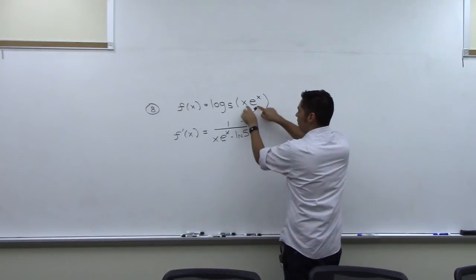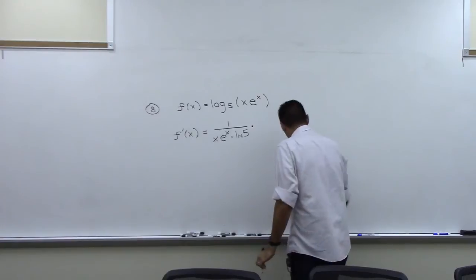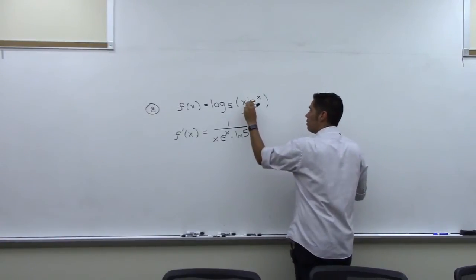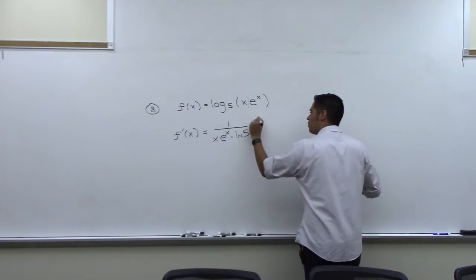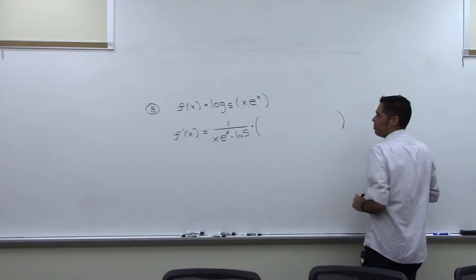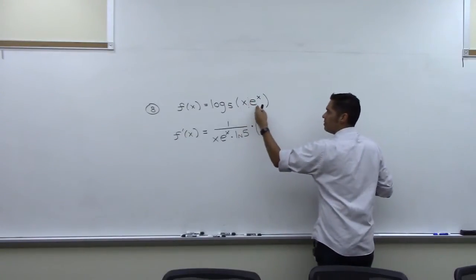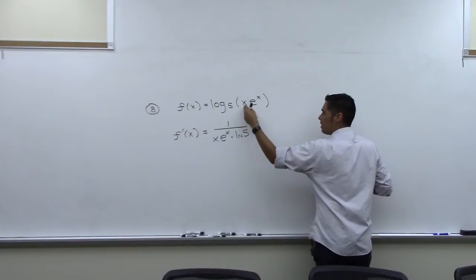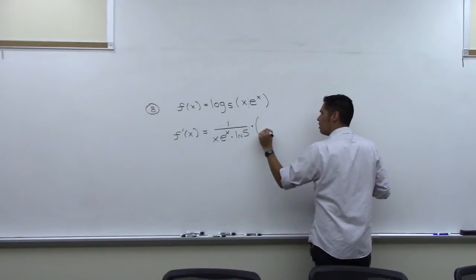Times, now I need the derivative of what's inside the log, and I have to realize that that's a product. So I'm going to have product rule. I'm going to give myself some room for it, put it in parentheses. Derivative of this times this plus derivative of this times this. So derivative of x is 1 times this